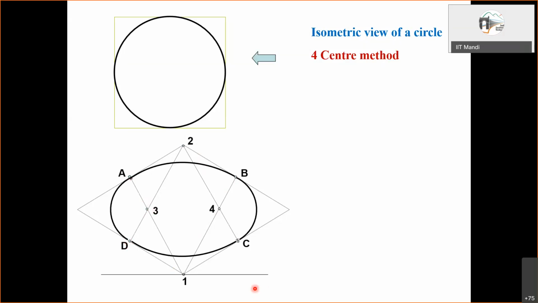And we obtain a nice elliptical shape. This is an approximate construction, but it is very easy and it looks very good also. Of course, what we are drawing is an ellipse, but actually we are obtaining it simply by circular arcs. So effectively, we have drawn 4 circular arcs, and we have achieved the ellipse.